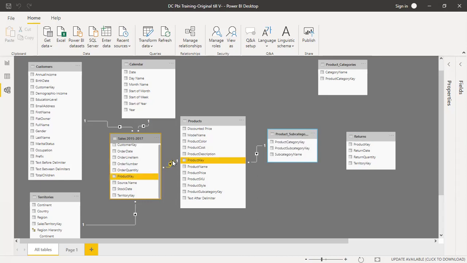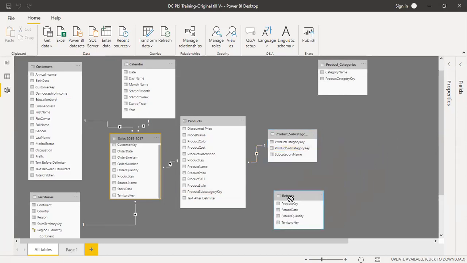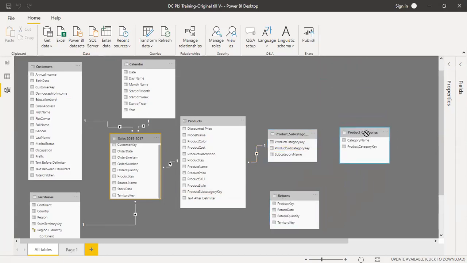So this is connected on the basis of product key, and this is connected on the basis of subcategory. And for product category, let me pull this down. Product subcategory, I can still connect product subcategory with product subcategory. So now we have a three level, level one, level two, level three.